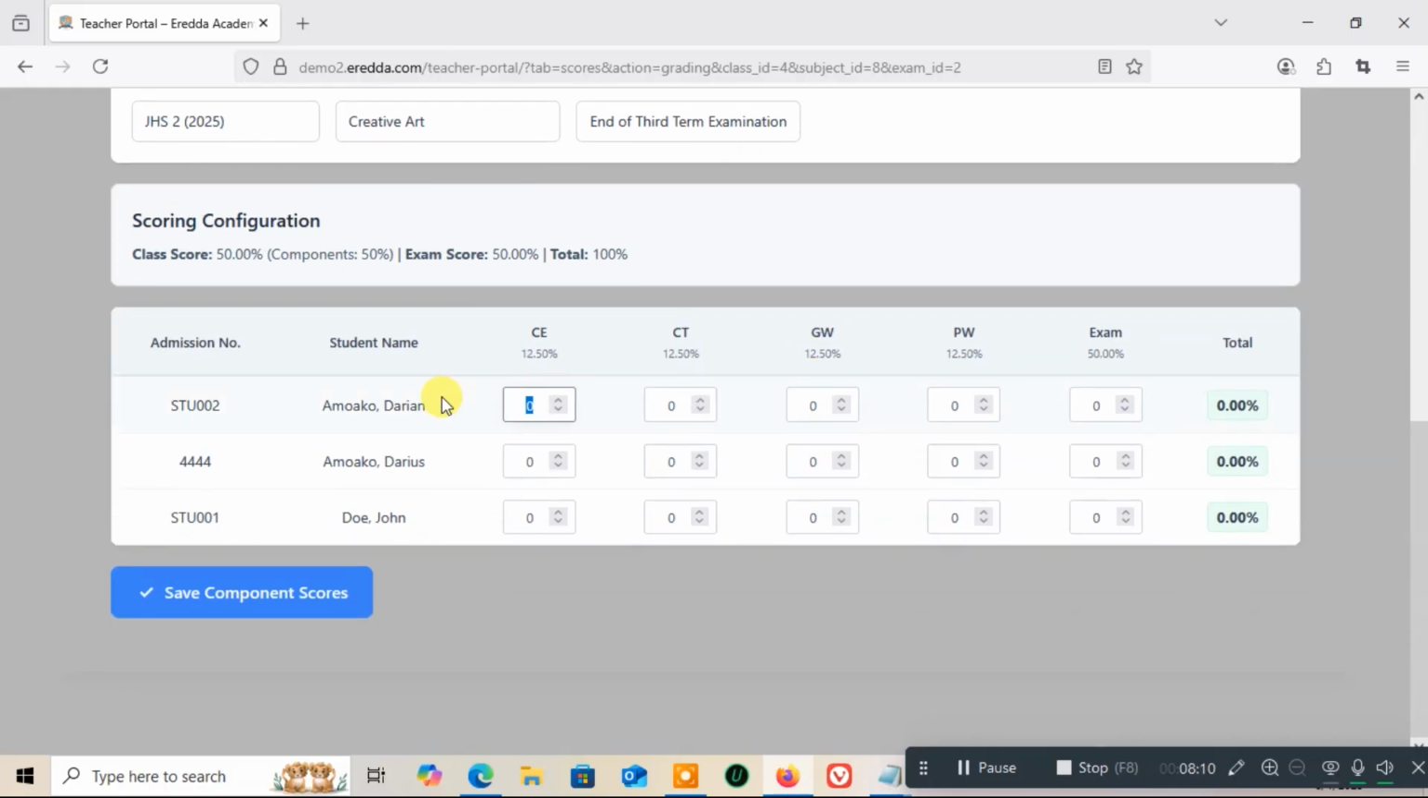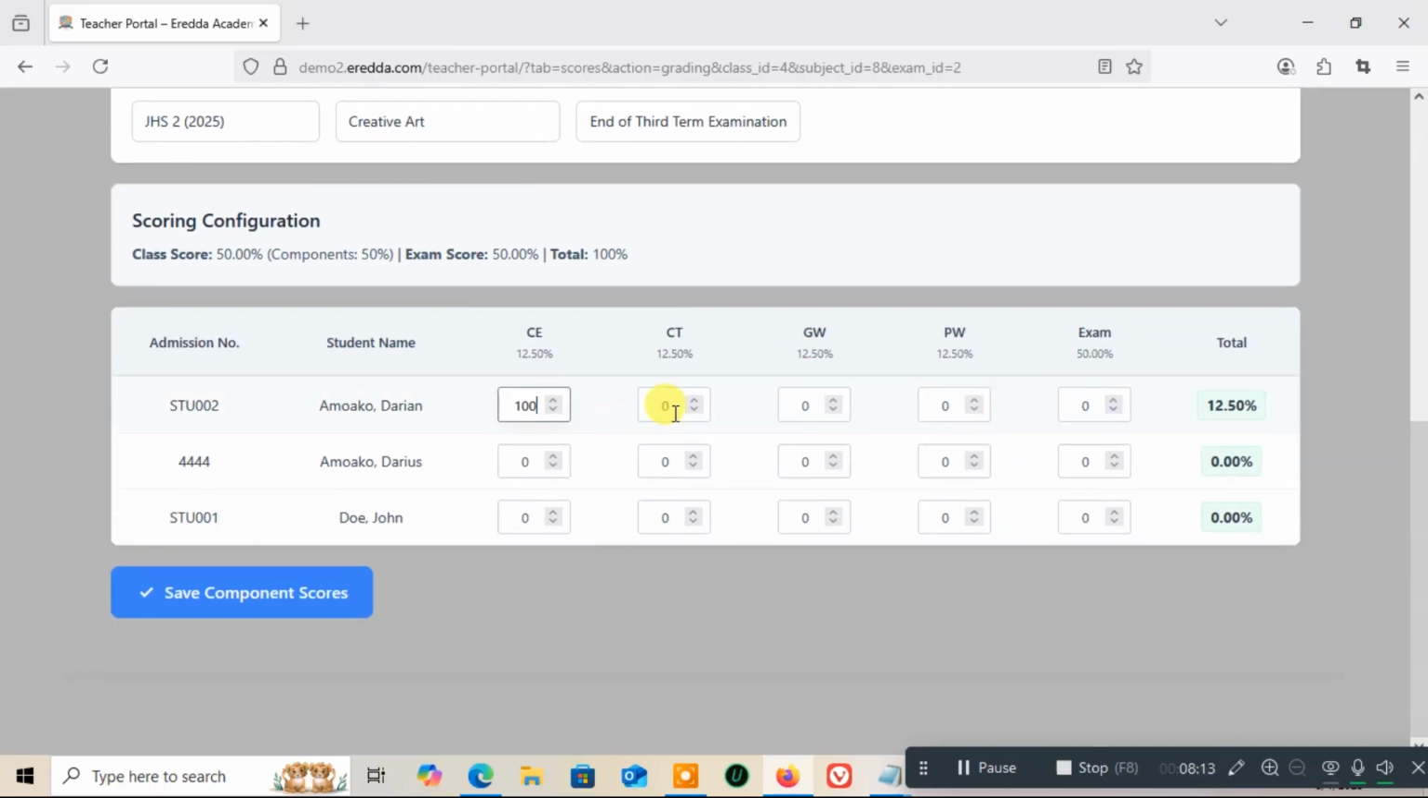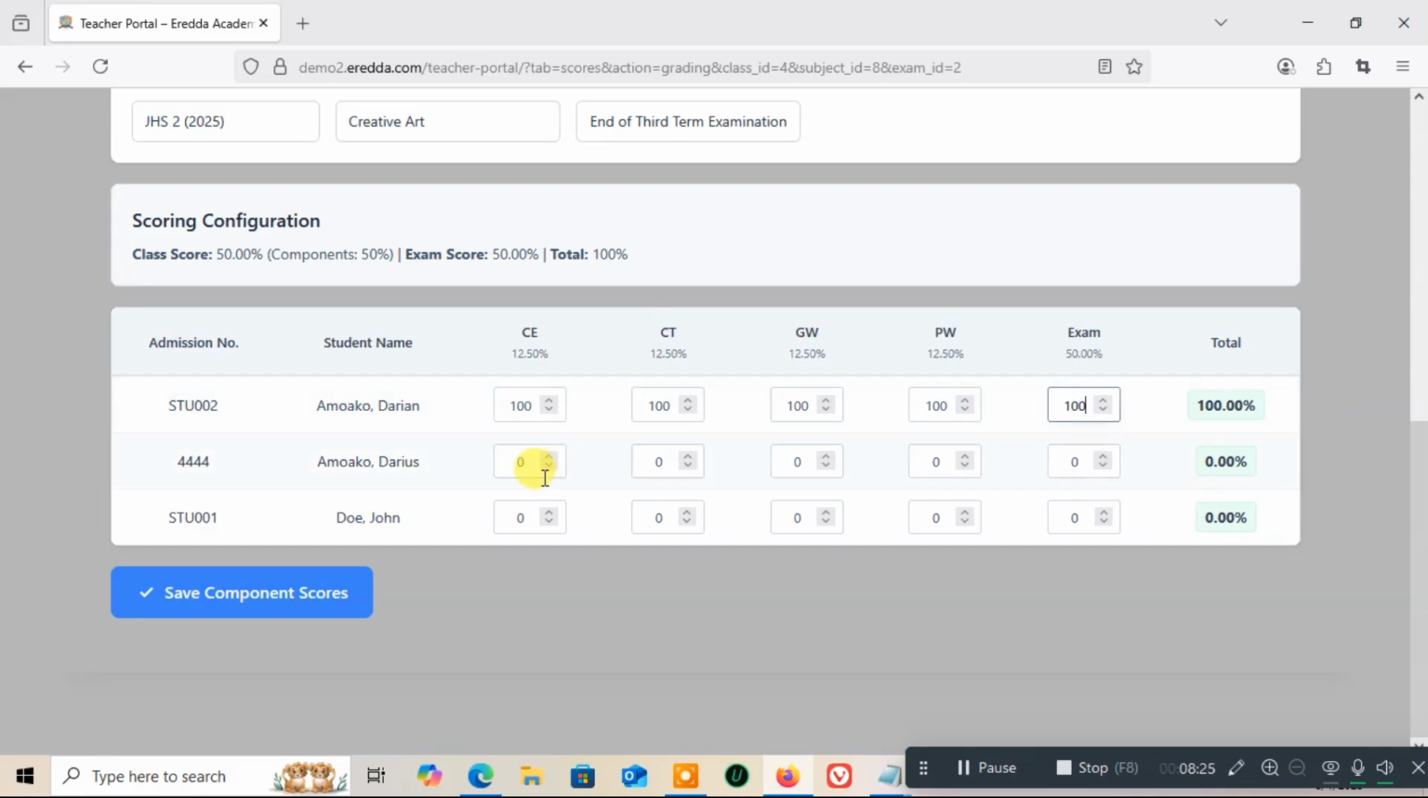So I'm going to enter the creative arts for the students. Oh wow, 100%. Darius 2 did well here. 90, 100, 90, and here is 99. Okay, good. But this boy,